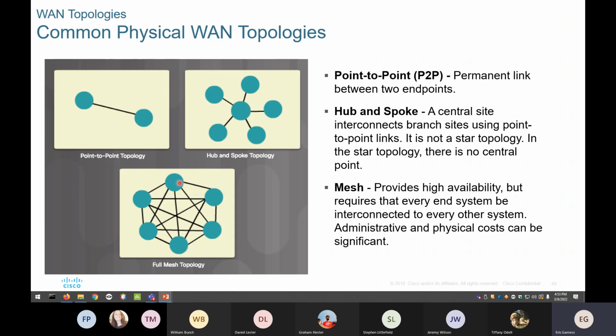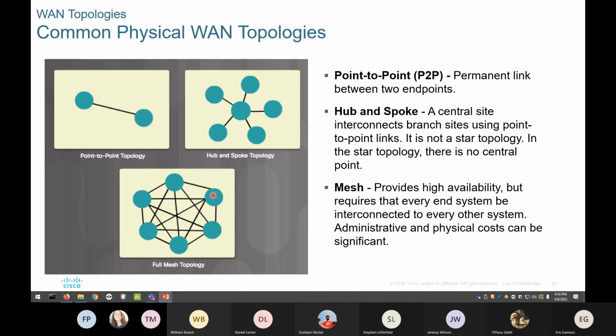So it's connected here through this link. It is connected through this link to this other node. It is connected through this link to this other node. It is connected through this link to this node. And it is connected through this link to this node. So this topology has a lot of redundancy, which is good, because you can break several links and the communication